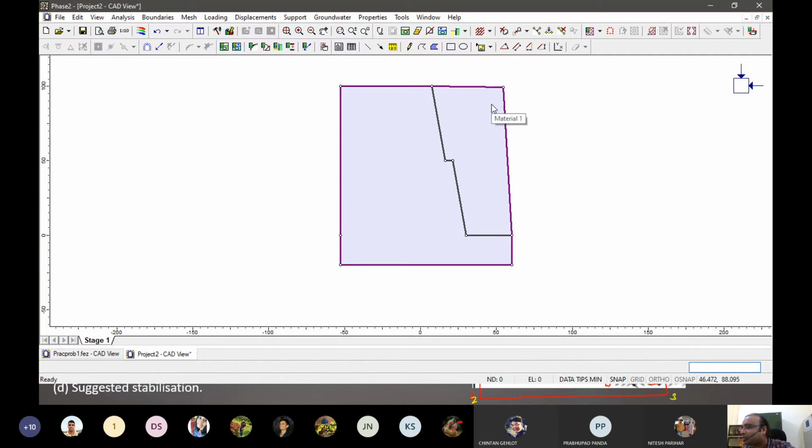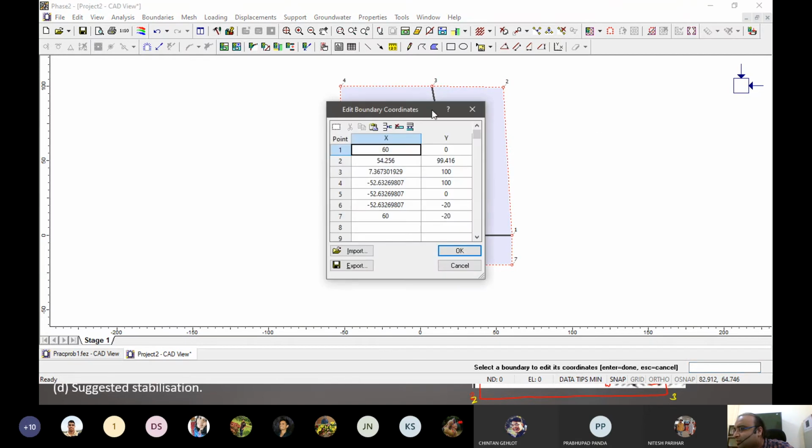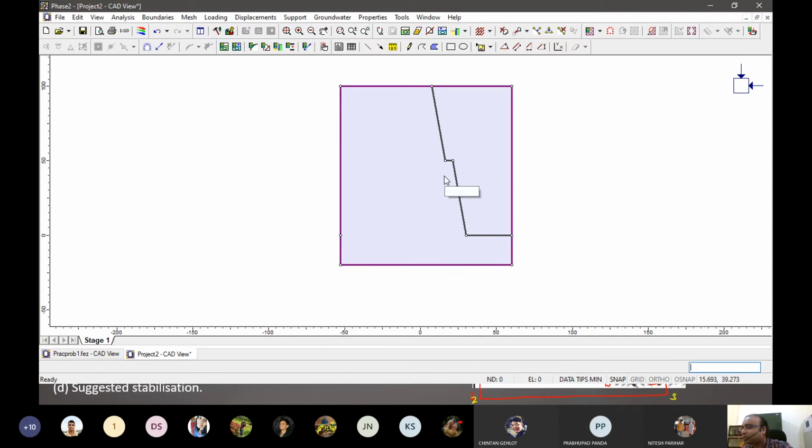Just readjust this. So which one is that? Second point, right? Second point should be same, having same IS first. So let's put that as 60 and put this as 100. Now it's perfect, right?